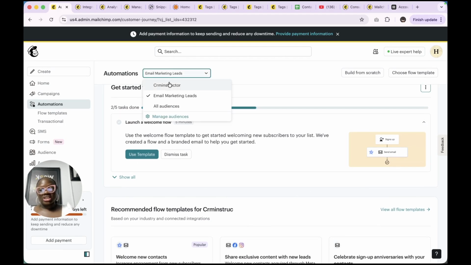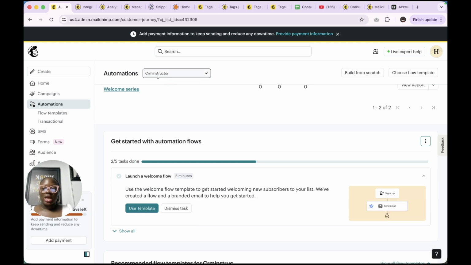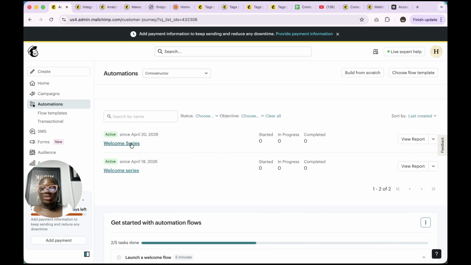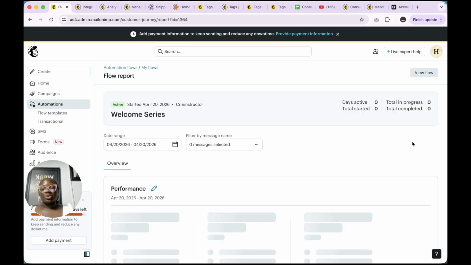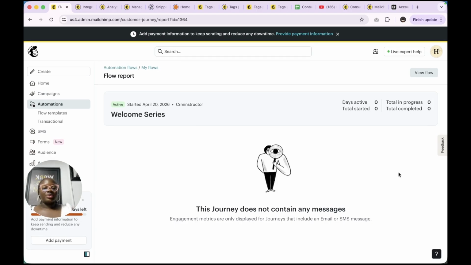contact list. As you can see, we can check in for the particular audience, and we can see the particular email we just created today, which is the 20th of April. We can see everyone that started this workflow, and we can see everyone that is in progress. We can also see everyone that has completed this workflow. And when we click on view report over here, we can see all of the people that are active, all of the people that are in progress of this automation, and we can see the total number of people that have started the workflow, and the total number of people that have completed the workflow. So this will help you to have an idea of the contacts that are fulfilling the trigger that you've set for the workflow, and